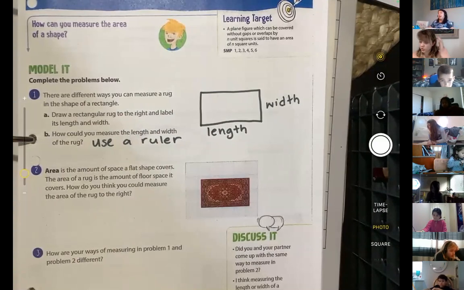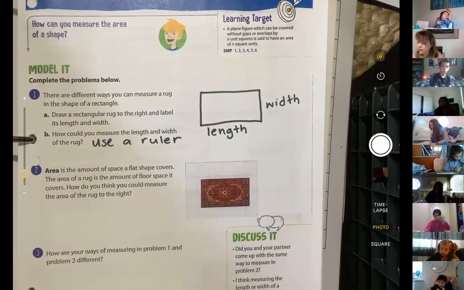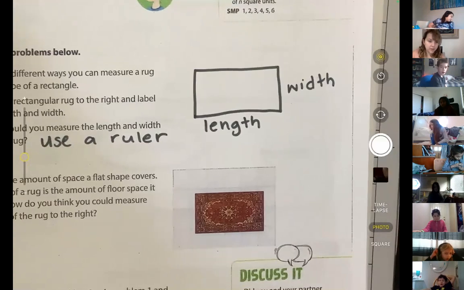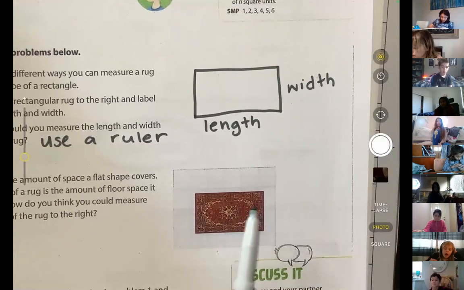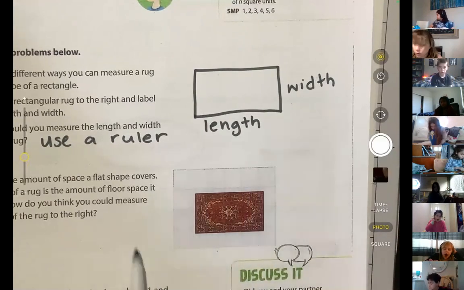Okay, let's go to question 2. So like I told you guys, area is the amount of space a flat shape covers. The area of a rug is the amount of floor space it covers. How do you think you could measure the area of the rug to the right? Okay, now it's a little hard to see on my screen, but you guys have it in front of you on your page. If you look at this whole picture,